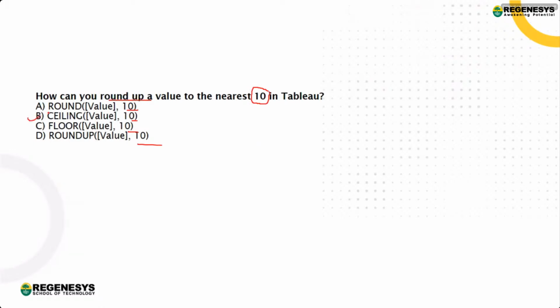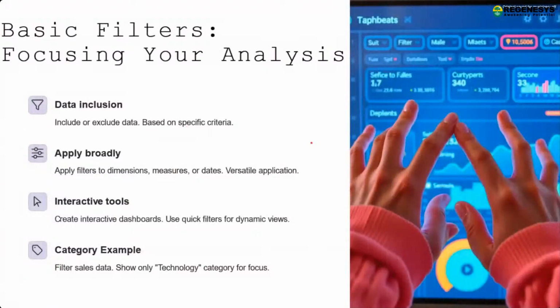Perfect. So the answer is yes. When I'm saying it is round up, right? So if you remember, we have ceiling and floor, two things. Up means ceiling, and floor is down, so it will not give you the up value. When you want to round up, it will give you that with the ceiling. So the answer is B. Okay, so thank you so much for all the responses which I have received.